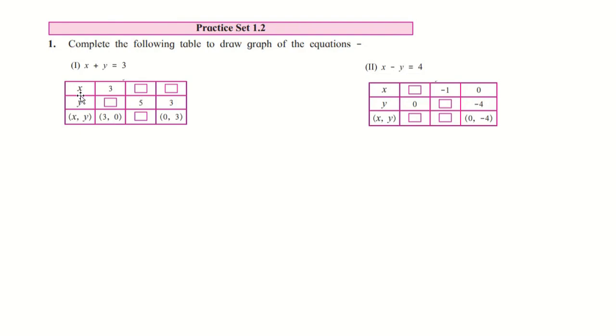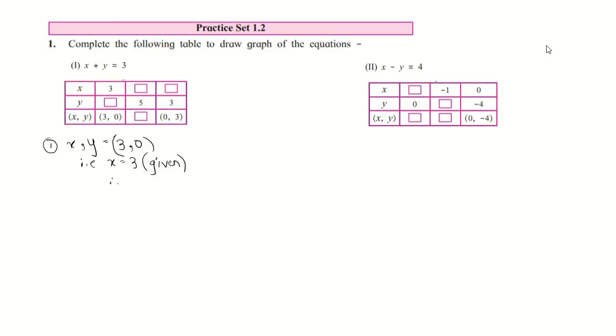We also need to find out the value of x in the second row, in the second column, where the value of y is given, and x comma y we need to find out. In the third column we need to find out x where the value of y is already given, and x comma y is 0 comma 3. So from the first scenario in this table, x comma y is 3 comma 0. That means x is equal to 3, which is already given.